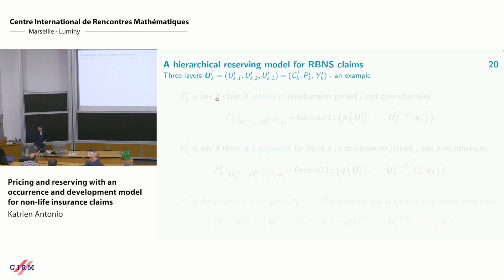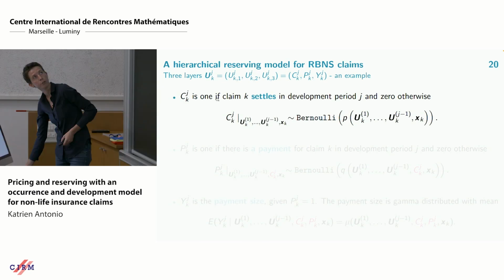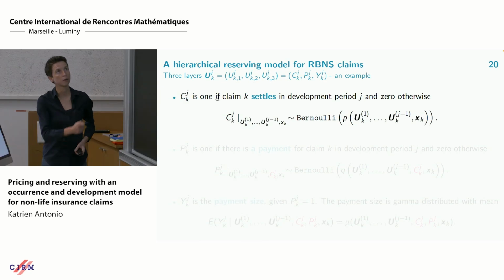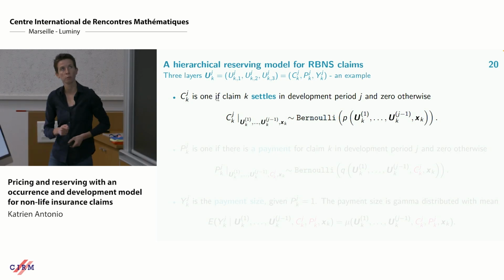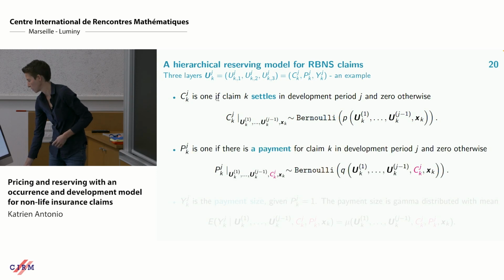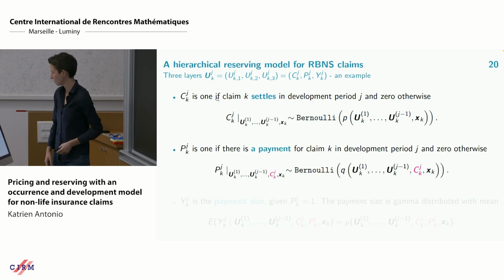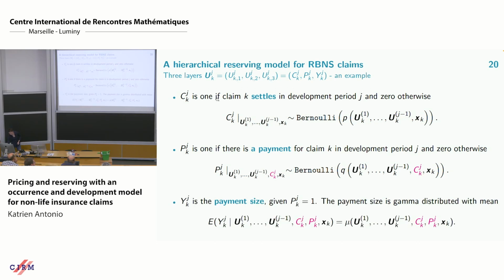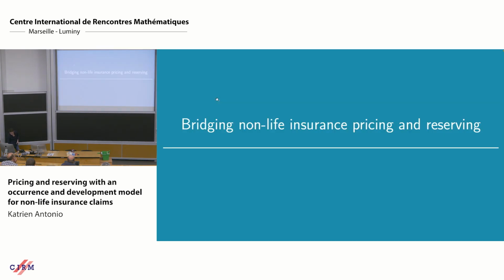And so here is a typical example of a basic setting that we study in our original paper. What if you have a claim settlement indicator modeled with a Bernoulli assumption with a certain predictor in there using dynamic as well as static information? What if you have a payment indicator, again driven by Bernoulli distribution? And what if you have a payment size model, for instance, with a gamma distribution using that dynamic and static information? So that was my very long introduction.